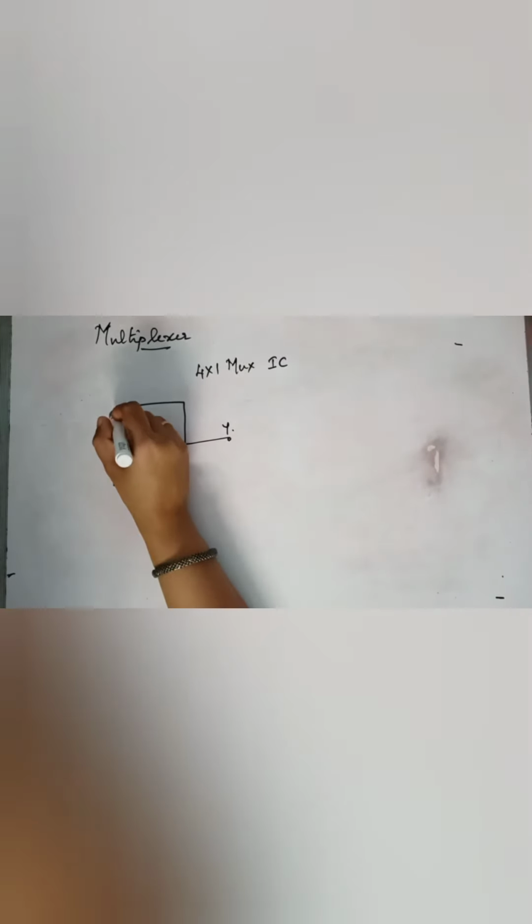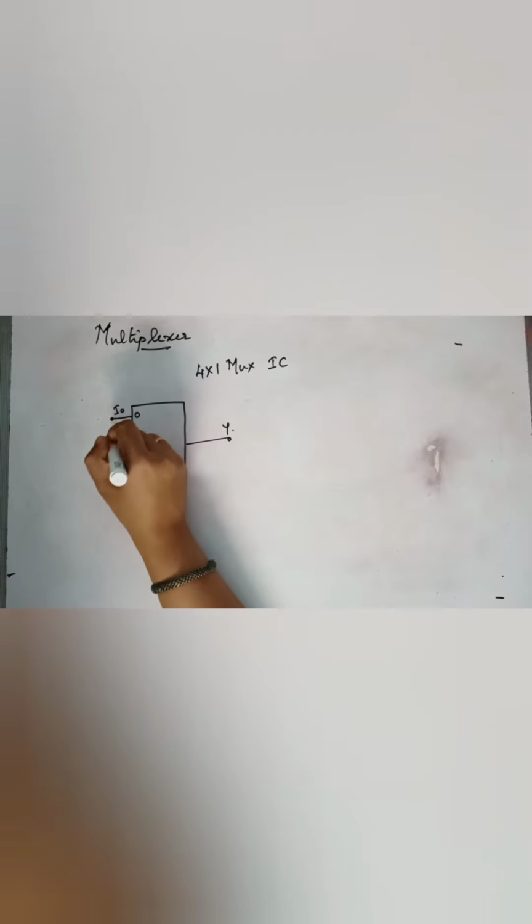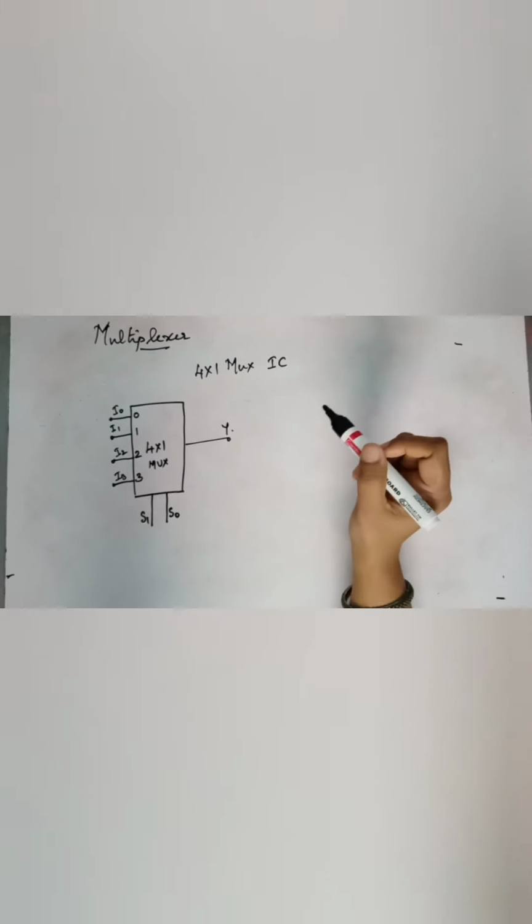Now let me notate the inputs as I0, I1, I2 and I3. That is, I0 is the input given to the 0th line, I1 to the first line, I2 to the second line and I3 to the third line. So I0, I1, I2, I3 can be 0 or 1 each. So what we need is,